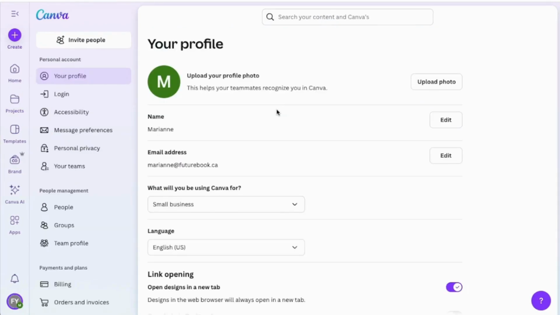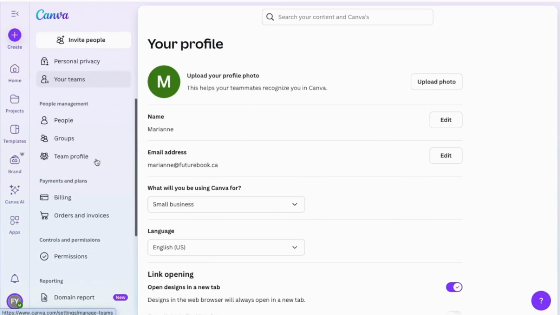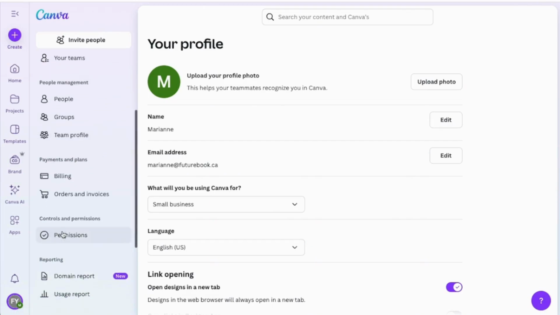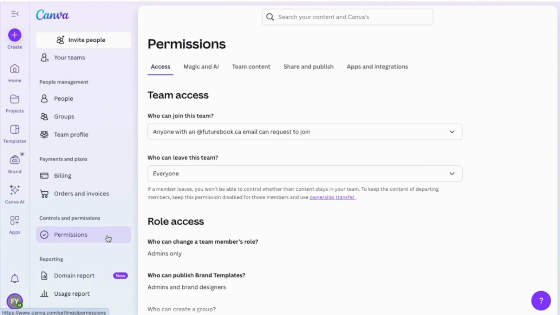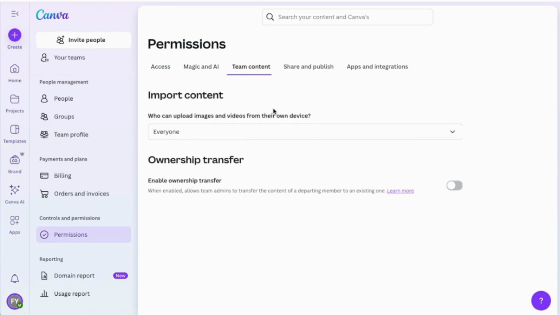The last thing I'm going to talk about is how to use permissions. So if I scroll down under where it says Controls and Permissions, I'm going to select Permissions here. And now this is basically where you as the admin have control over all the settings in your Canva Teams account. So for example, if I were to go under Team Content and it's asking who can upload images and